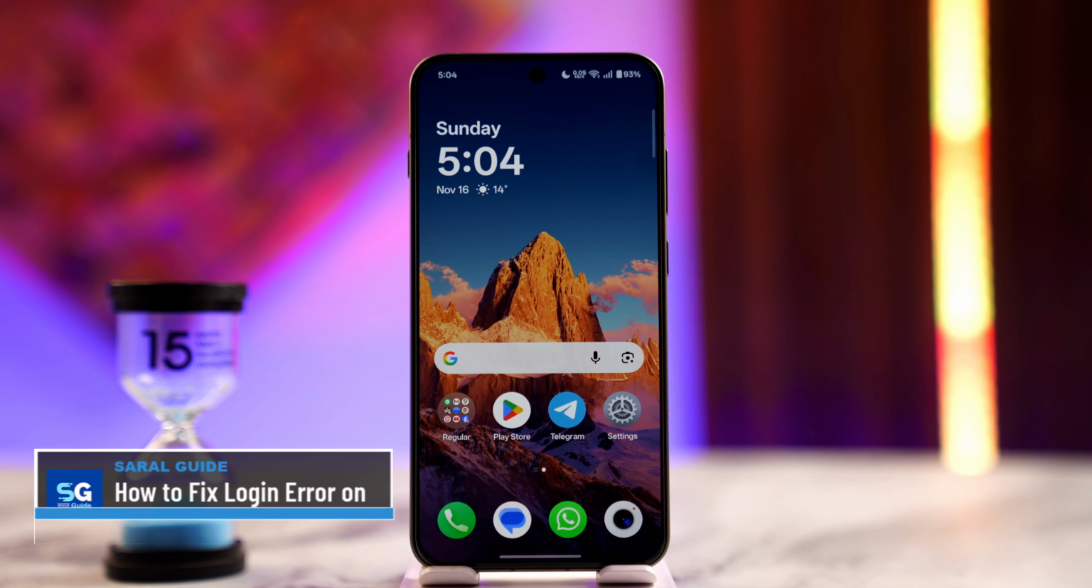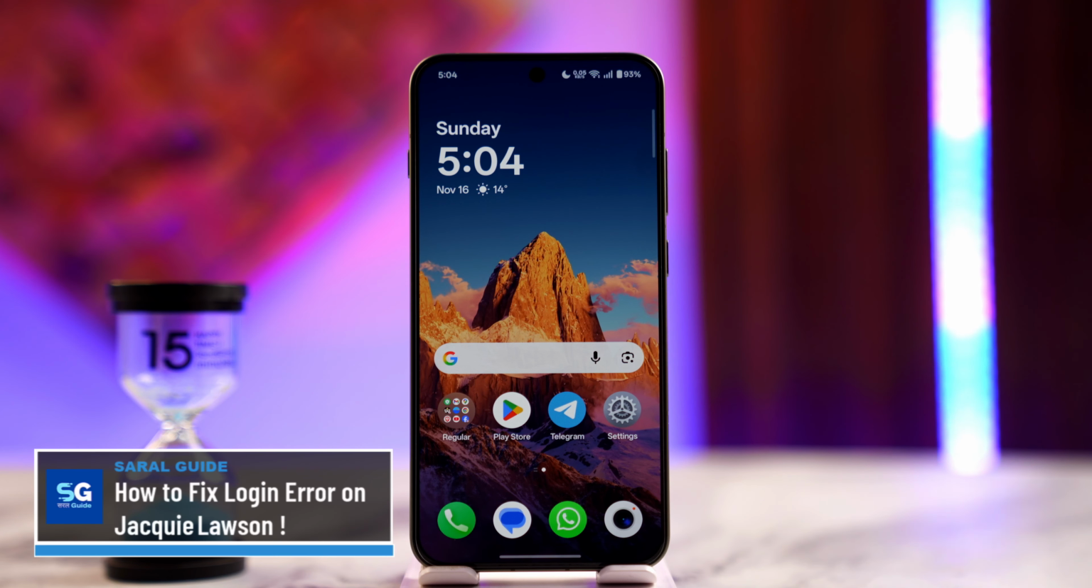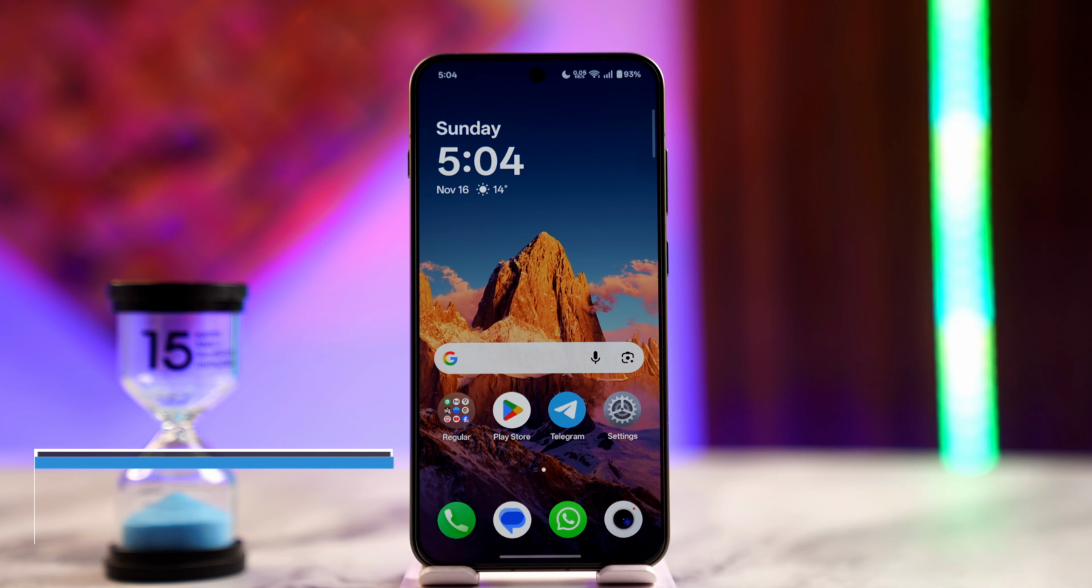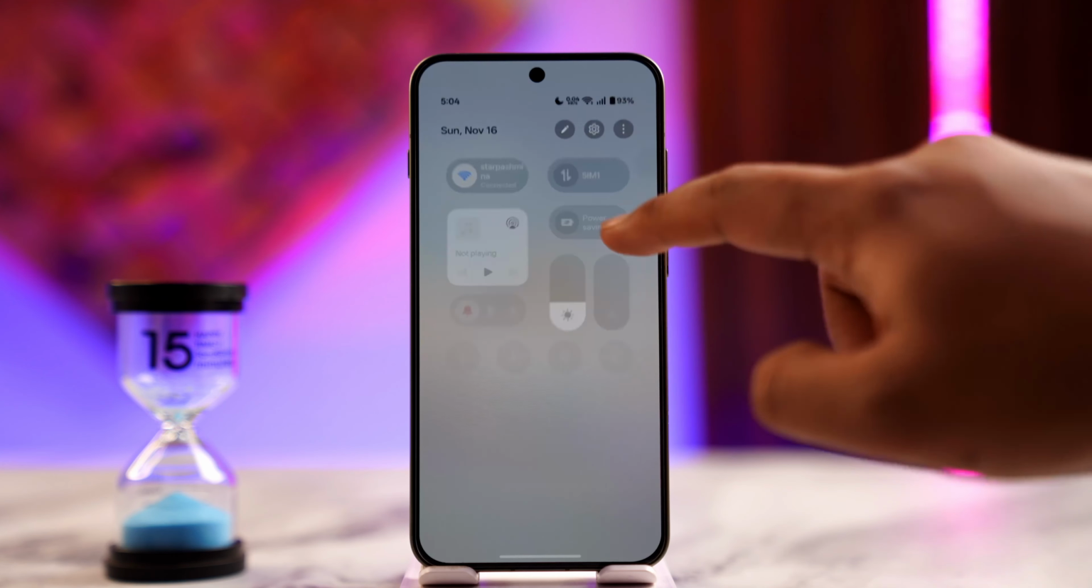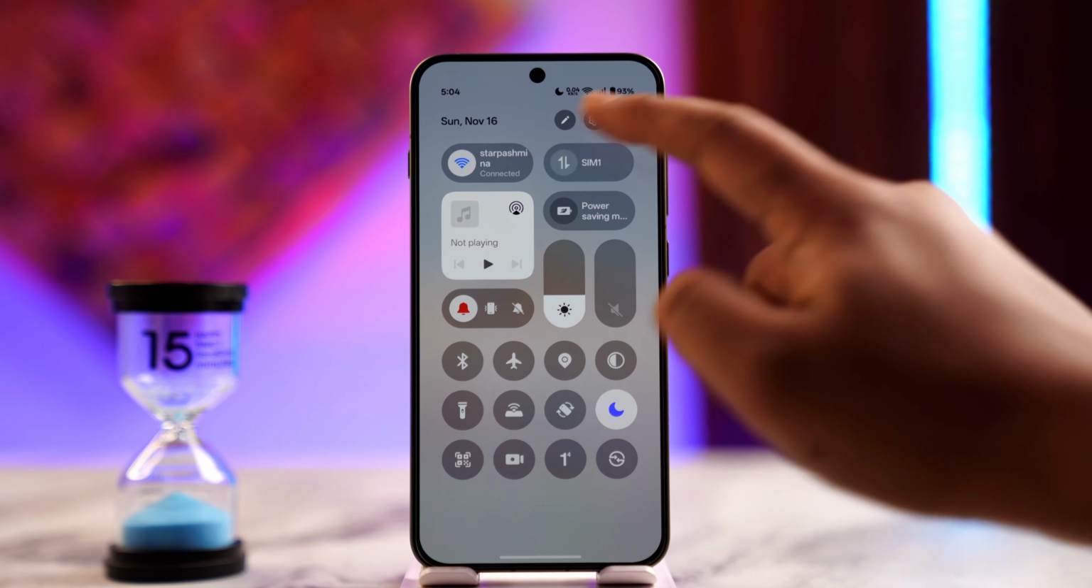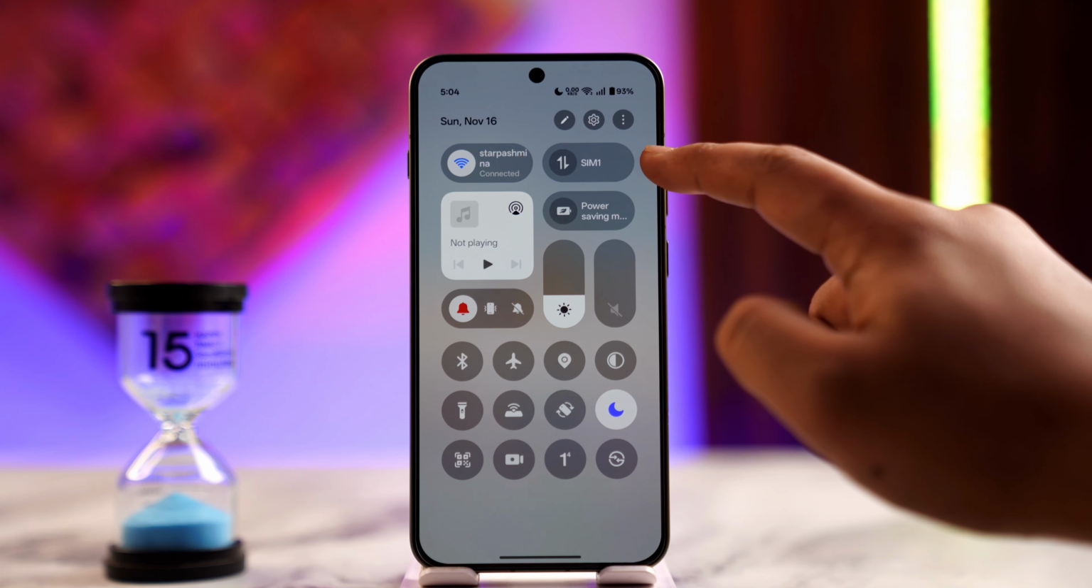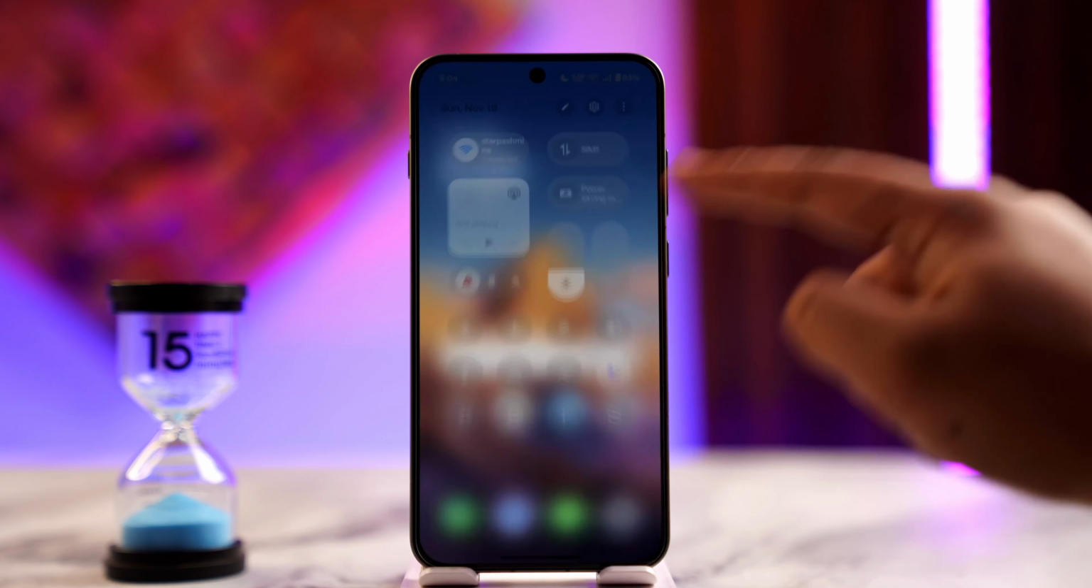How to fix login error on Jacquie Lawson. If you wish to fix a login error that you're facing on Jacquie Lawson, the first thing you can try to check is your internet connection. If you're using Wi-Fi, you can try to switch to cellular data or vice versa and see if that helps